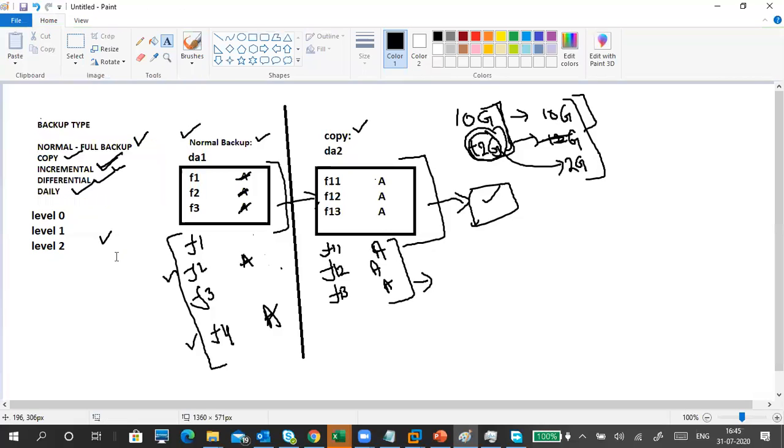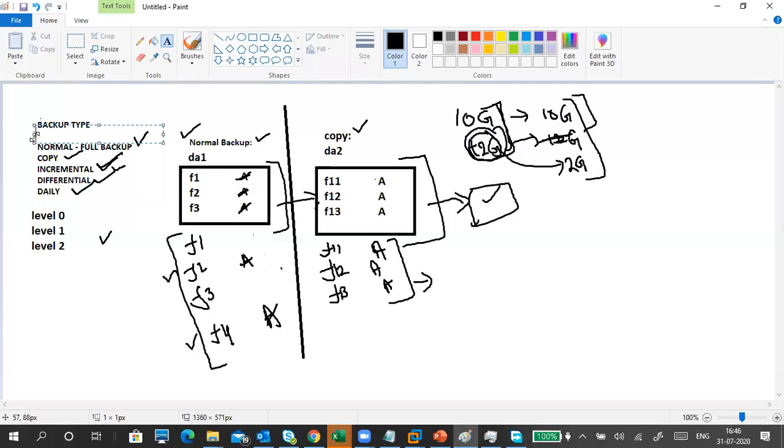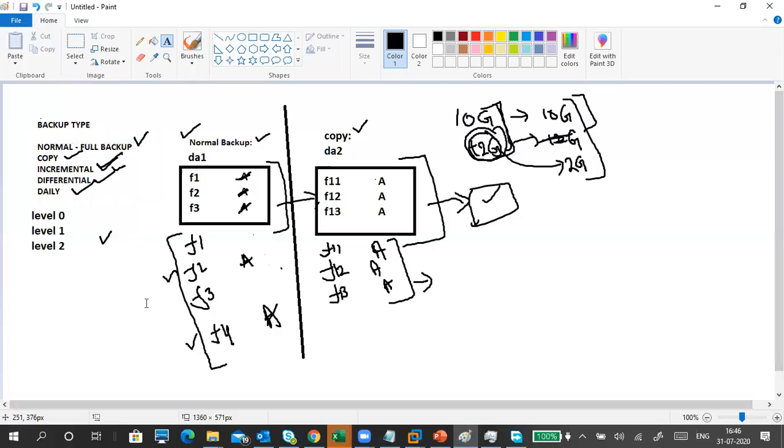Okay, this practical we are able to do in both XP and 2003. Okay, if you are interested, then I will send a 2003 image, but the problem is whether you know how to install it or not. Okay, I don't know whether you know XP. If you know XP, 2003 is also the same thing. Okay, if you have XP already, then you can also use the XP for here. Okay, so that is about your backups.